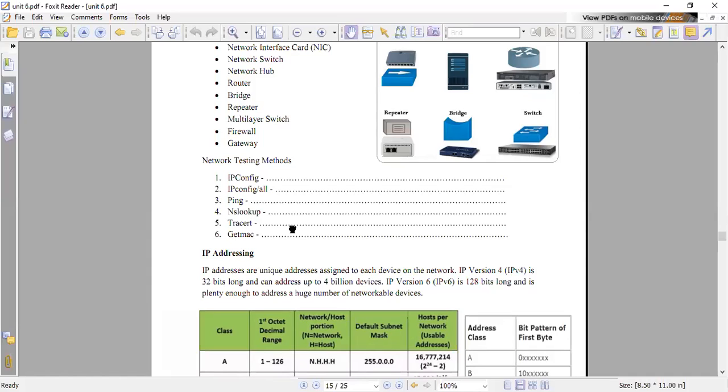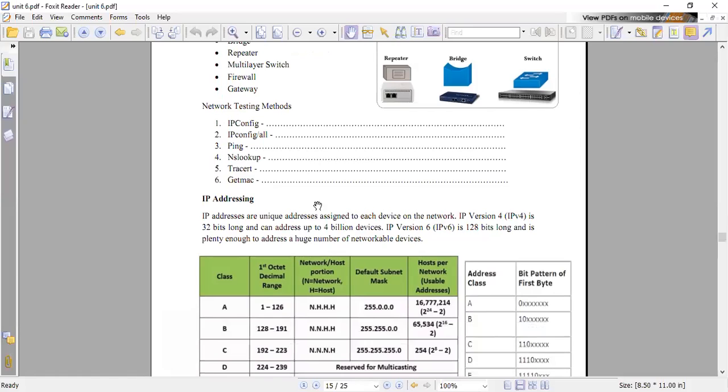Okay, now we have the IP addressing topic. We'll start that part next week because now some of them